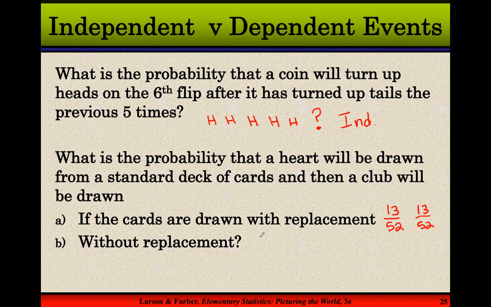I still have 52 cards to pick from. If I don't replace the card, the first go around, it's still 13 out of 52 that I'll draw a heart, but now it's 13 out of 51 because I did not replace that card. So the first example shows independent events. The second one here, these are dependent events because this probability